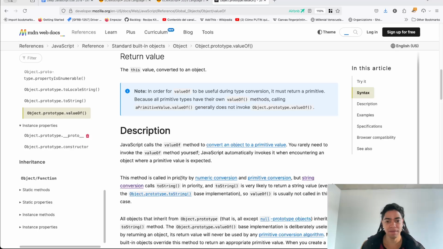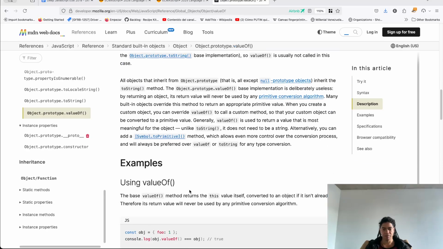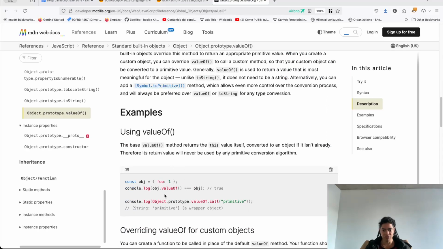This method is called in priority with numeric conversion and primitive conversion. But string conversion calls toString in priority. And toString is very likely to return a string value, even if the Object.prototype.toString base implementation is used. So valueOf is usually not called in this case. All objects that inherit from Object.prototype, that is all except null. So the thing here is that this valueOf, as you can see,